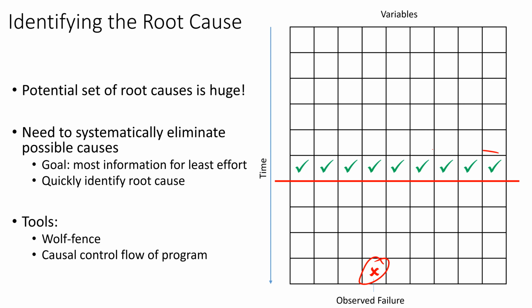I might go and check, well, what are all the variables that could affect that output? And I go back to some earlier point in the program and I check them, and I see, are they correct? And if they are correct, I can say, well, all the code that ran before that is okay. So maybe in your milestone one, this might be that you verify the load map data that you're using is in fact correct. And if you verify that, okay, I can ignore all that. It's going to be in the other code that returns data when you're called by our tests.